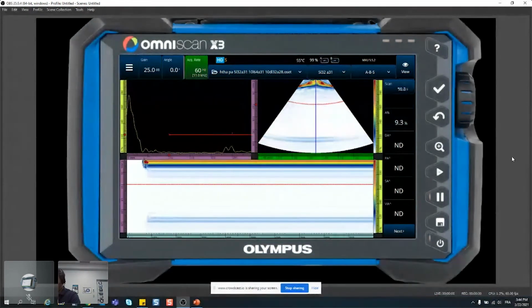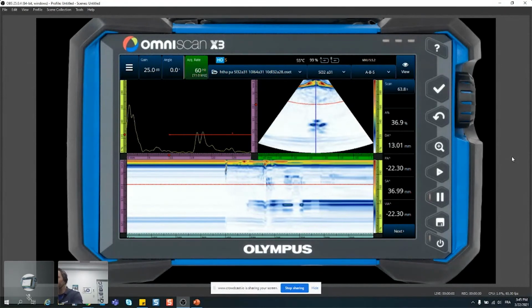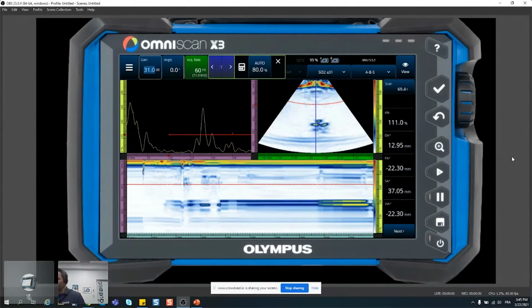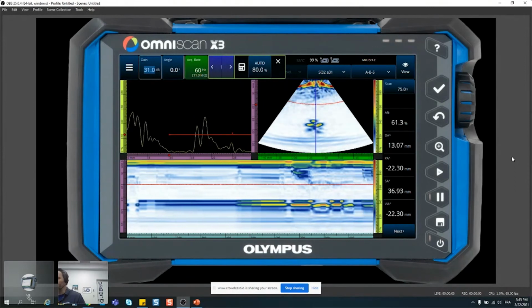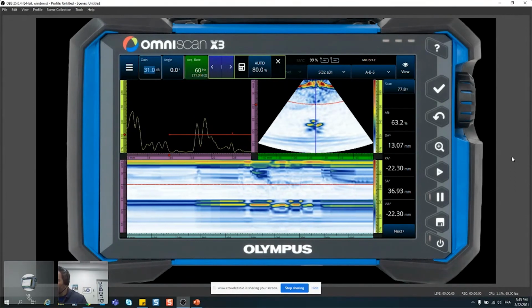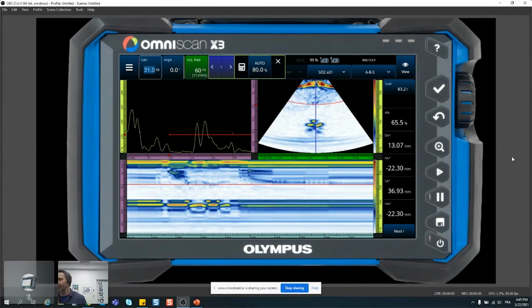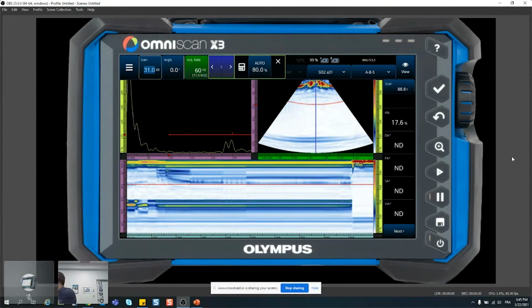So a little bit of couplant or water on the sample, moving it up and down, trying to find the spot. That sample is quite thin. So if you look at the S-scan, those are the type of results we get with the 5 megahertz 32 element A31 probe using a 32 element aperture, focusing at 18 millimeter deep.